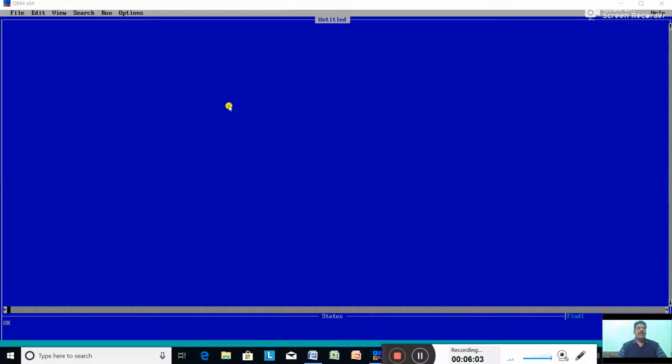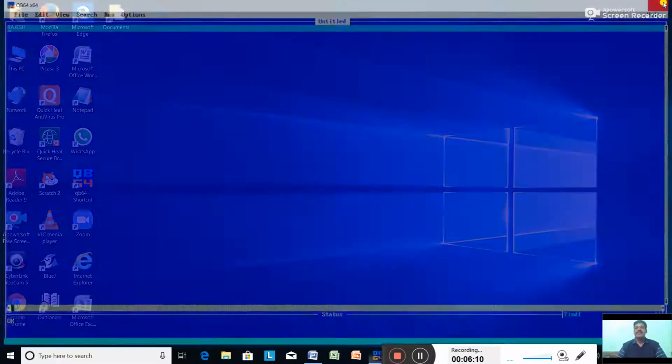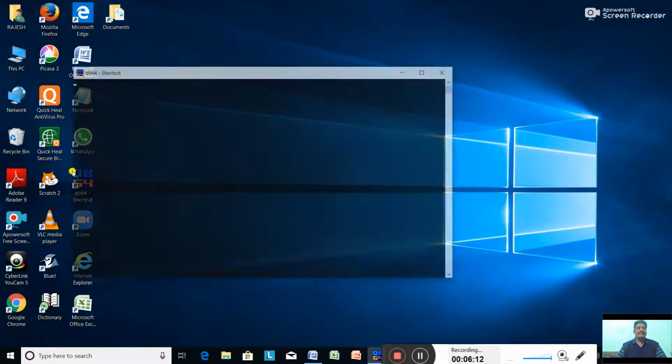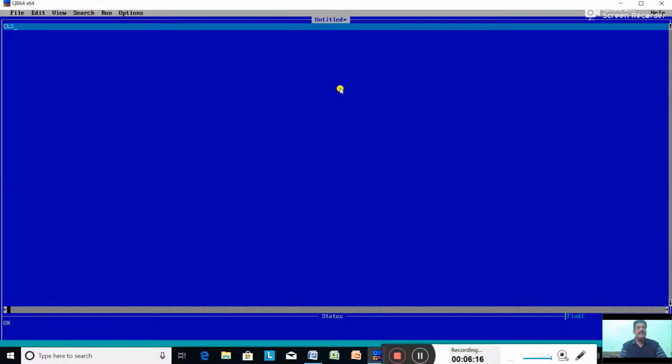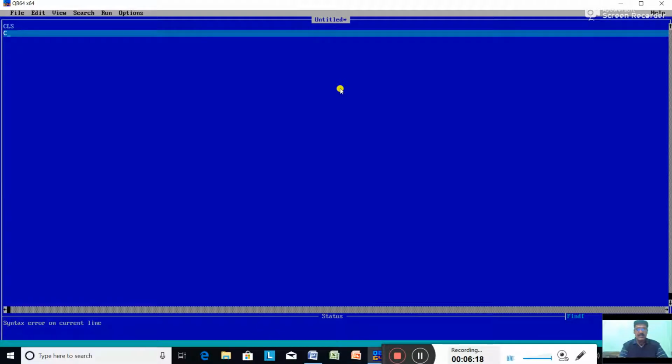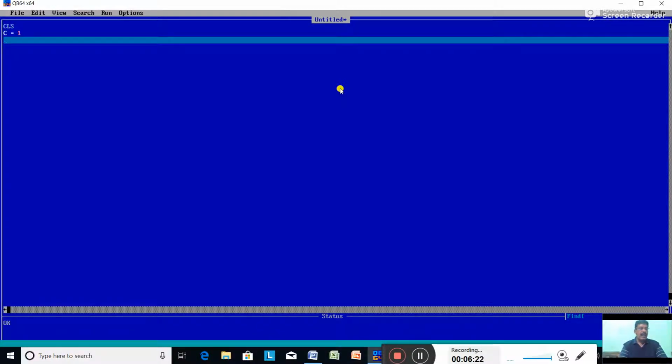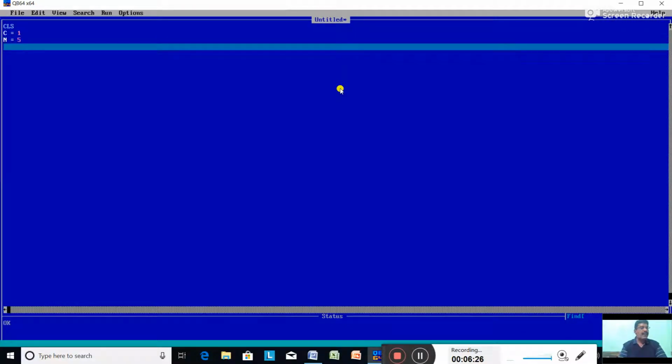Alright. Now let us write the program. CLS. C equal to 1, N equal to 5, while C less than equal to 20.